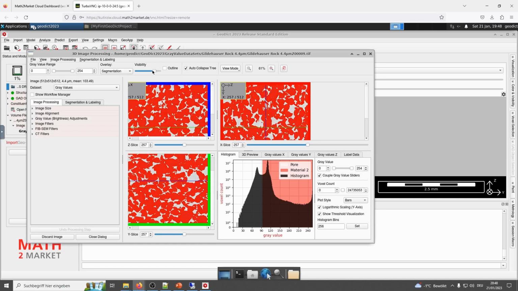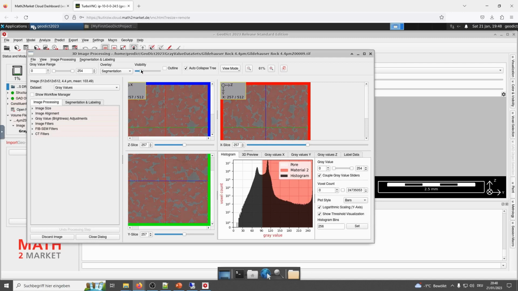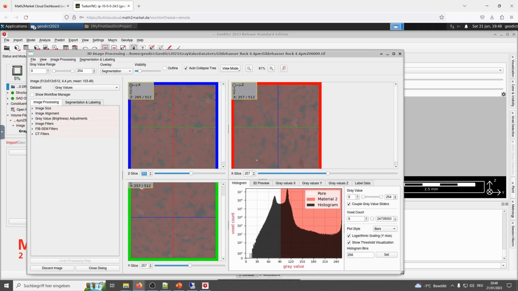Let us change the visibility a little bit to see the difference and to slice through the structure. I change the window a little bit.